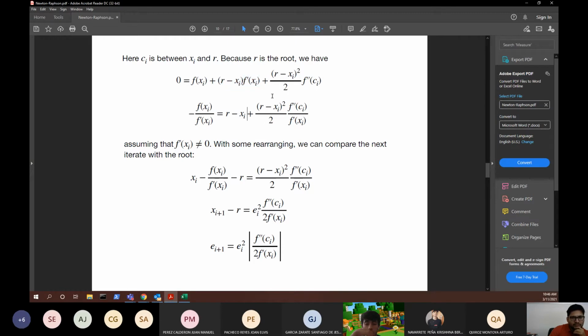Plus, of course, it's going to be the same term, the second derivative, and then divided by the first derivative. Lo que hice fue dividir toda esta ecuación por la primera derivada de f(xi). ¿Ok? Entonces lo tengo ahí. Listo. So we are assuming, of course, because that was the assumption, that the first derivative was not equal to